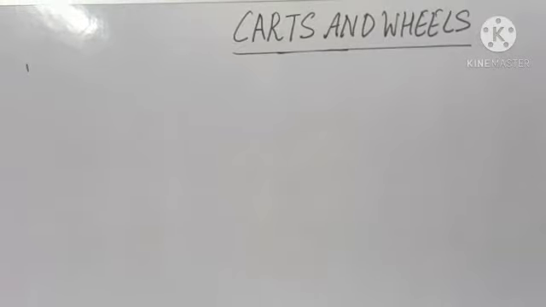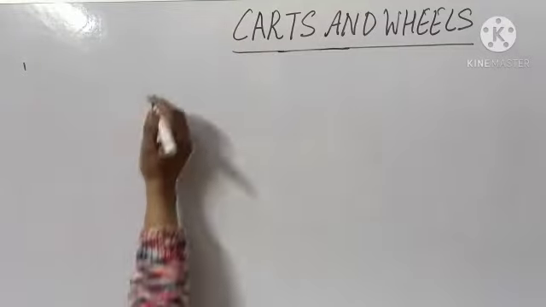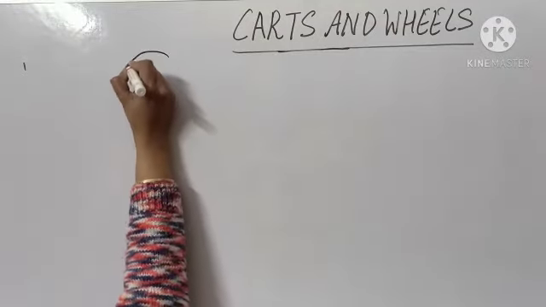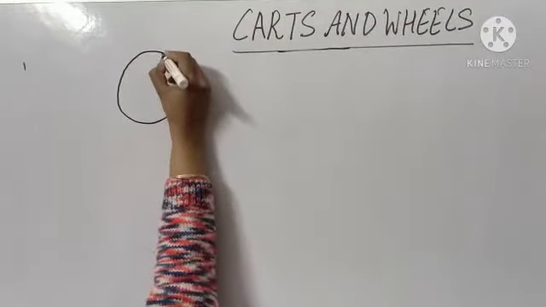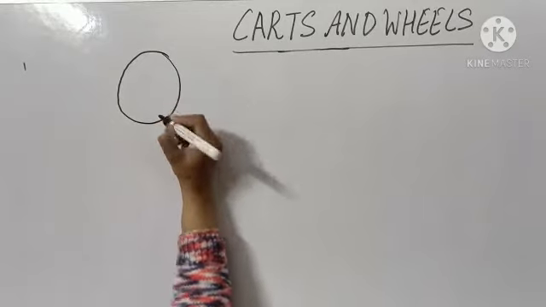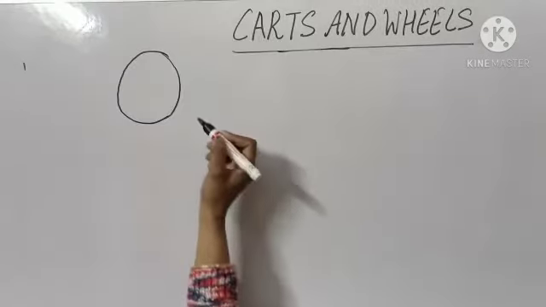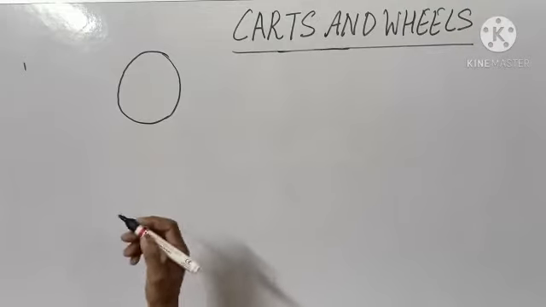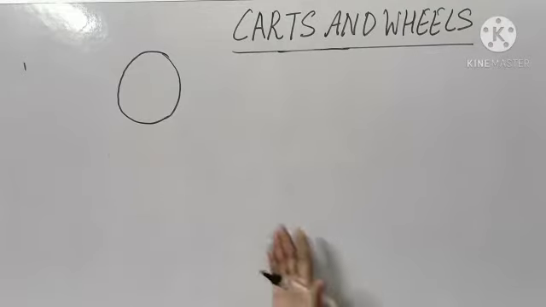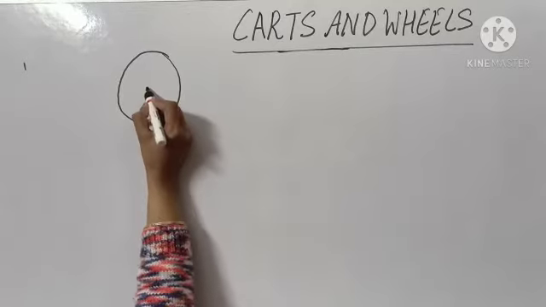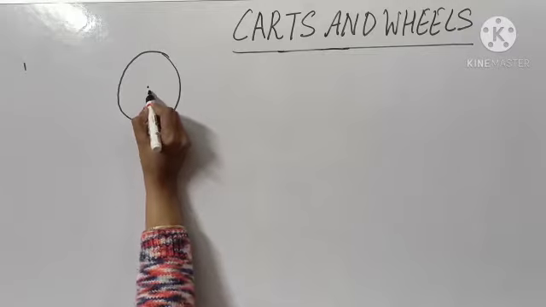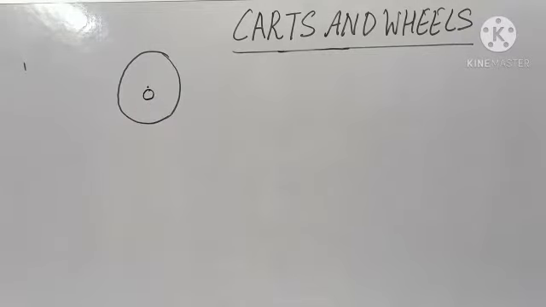Yes, beta. Now I will explain to you the radius of the circle. So again I am drawing here one circle. Okay. And just now I told you that each and every circle has a fixed point in its interior, and that fixed point is called the center of the circle. Suppose here my fixed point is O. So O will be the center of the circle.